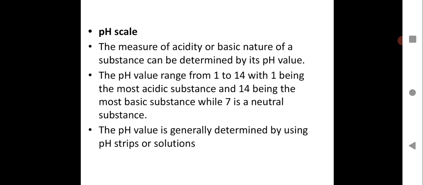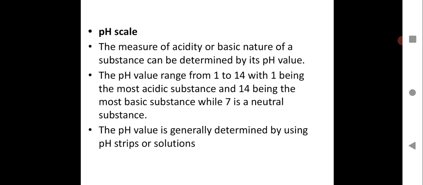So the pH paper actually helps us, which contains universal indicator. These are mixtures of indicators, and it is a complex structure prepared in the lab. It is synthesized in the lab. And the pH paper is used to determine the strength. Because in a strong acid it will give a different color change, and in a weak acid it will show a different color change. So a scale is developed to find out the magnitude, the strength of the acid and the base. That is called the pH scale.